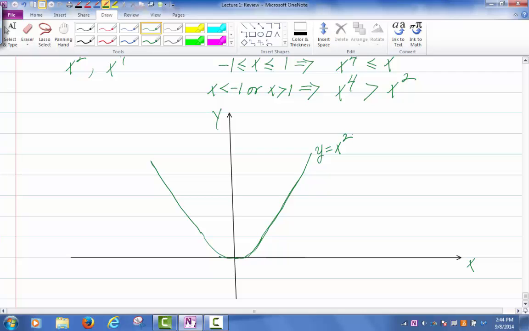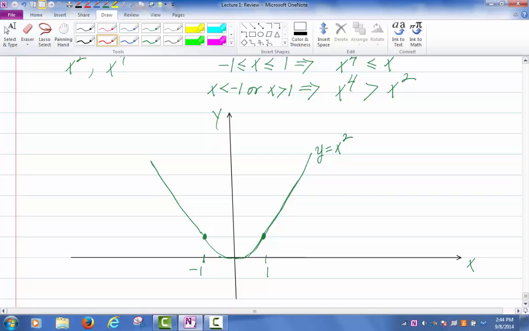So then what's the graph of x to the 4? Well, let's say this is the point where I have -1, and this is the point where I have +1. Let me use red. What would be the graph of x to the 4? Between -1 and 1, x to the 4 should be below x squared, right? Because x to the 4 is smaller. Outside of -1 and 1, x to the 4 is bigger, so it should be above x